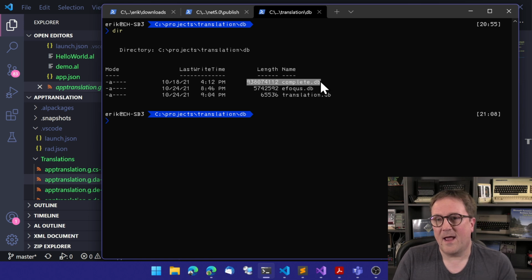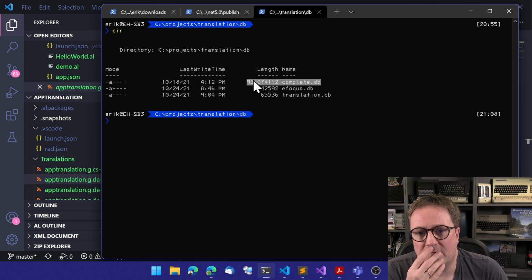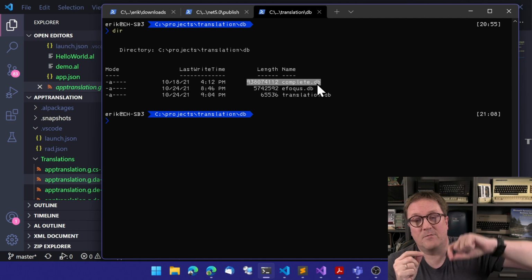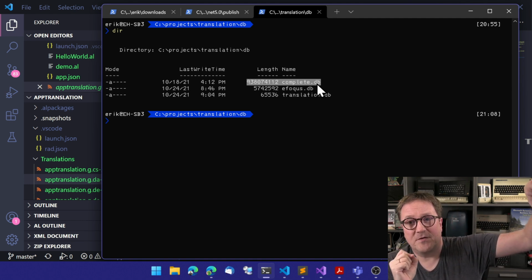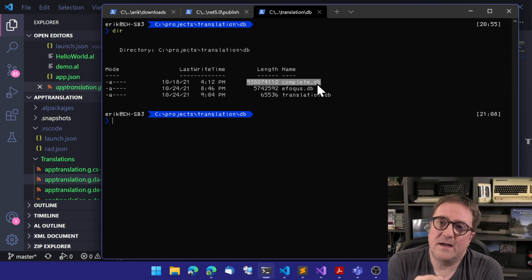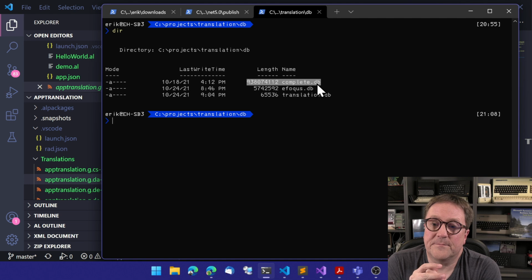But in order not to shuffle around a gigabyte of translations that I may never use, this database is replicated into an Azure storage table. So sitting in Azure is a database with all the texts, and whenever a new text is